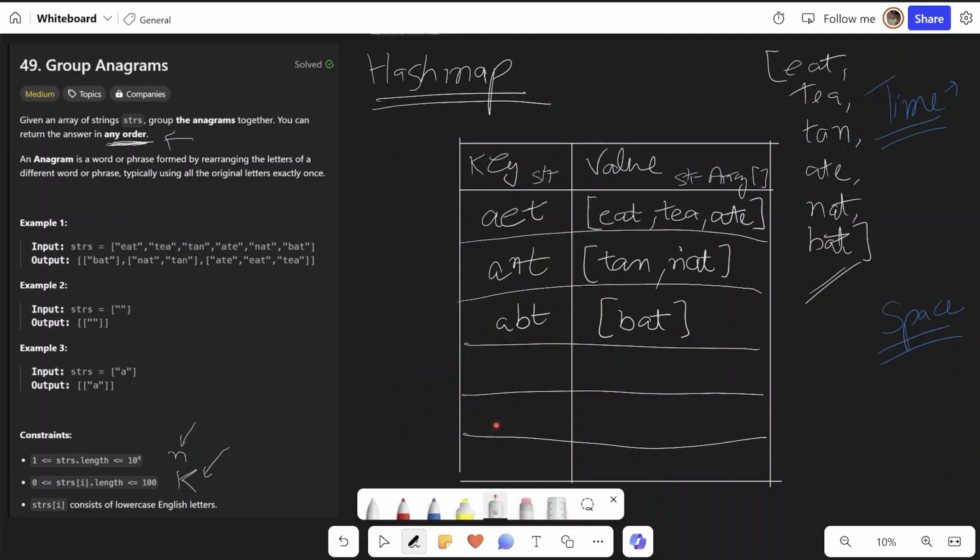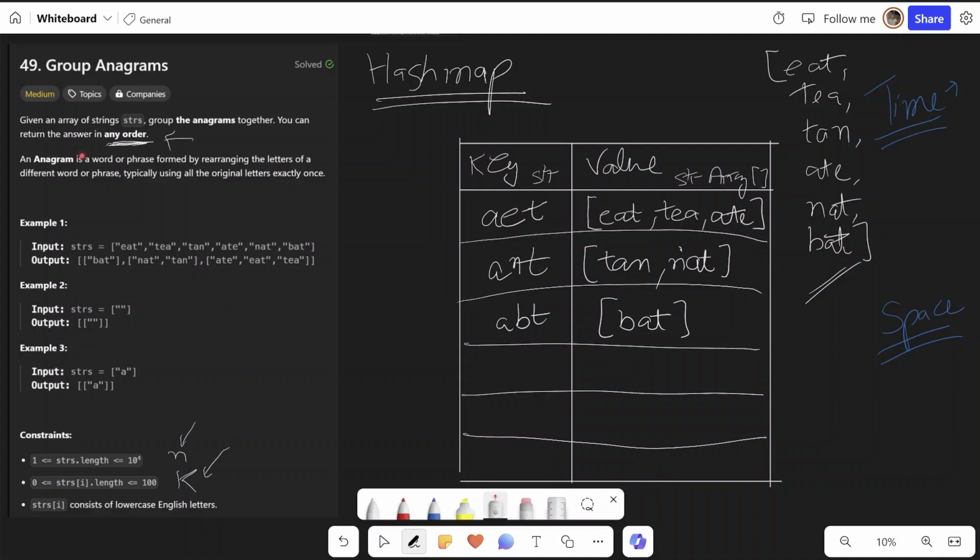Remember that in a hash map in C++, which is also called an unordered map, the values are not in sorted order, and we don't require them in sorted order because we are given that we can return the answer in any order. But there might be some extra processing if this would not have been given in the question and we needed to return them in some other order.